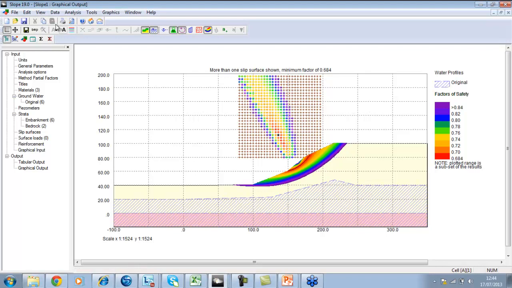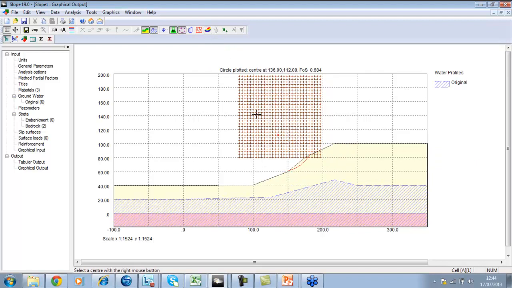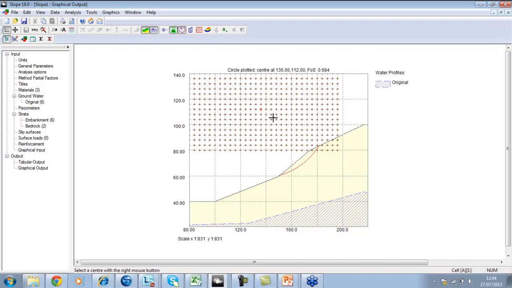But what would be a good thing to do now would be to actually zoom in on this. Maybe zoom in on this particular area and have a look at where this grid is occurring, and maybe have a finer grid here. So instead of having a spacing of 4 meters, having a spacing of 1 meter or 0.5 meters, and having a look at that. You might also note that this grid,